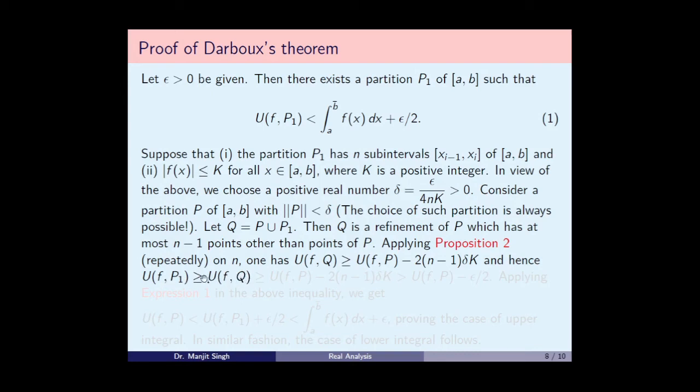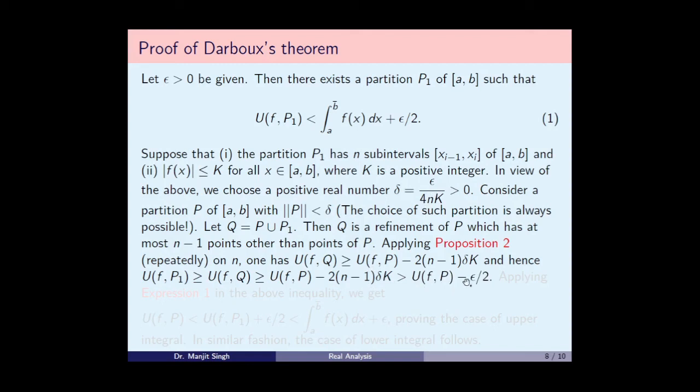So this is UFQ here, and from here we see this is UFP minus (2^n − 1) delta K. Now we are taking the value here, and if you replace this value, then this will have